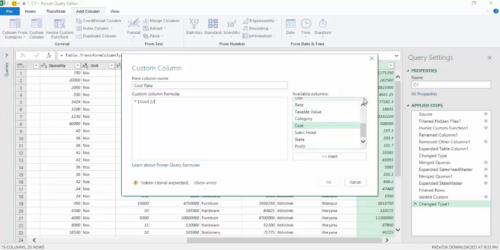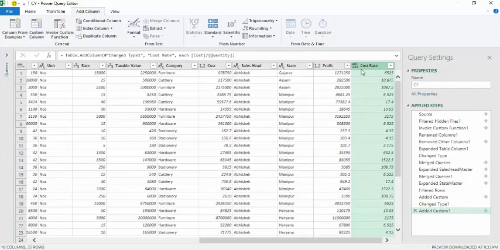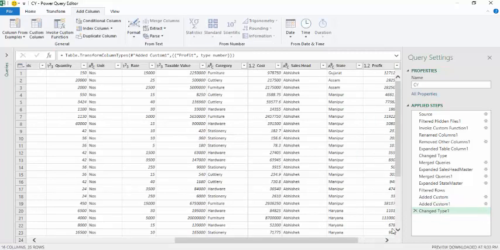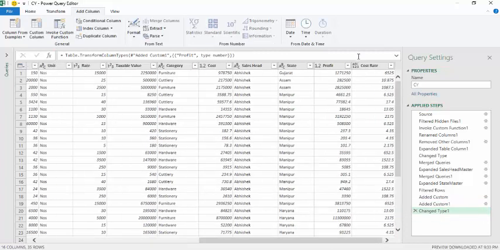Divide by quantity. Okay, we got cost rate. You can just add the change type here and also change